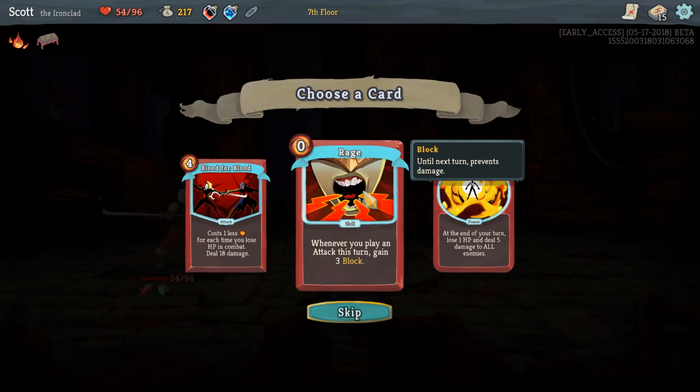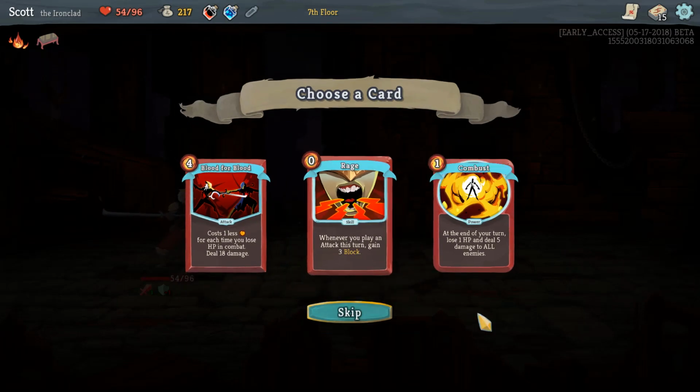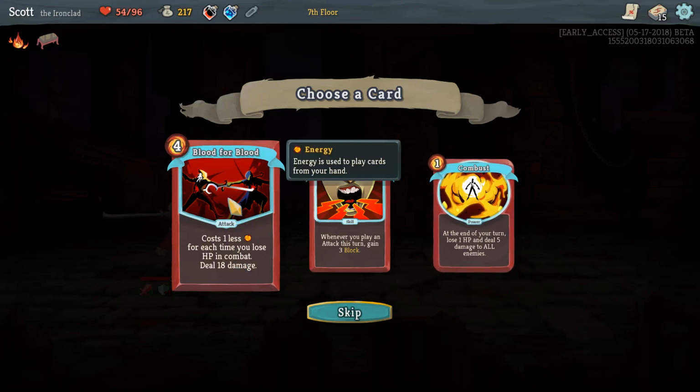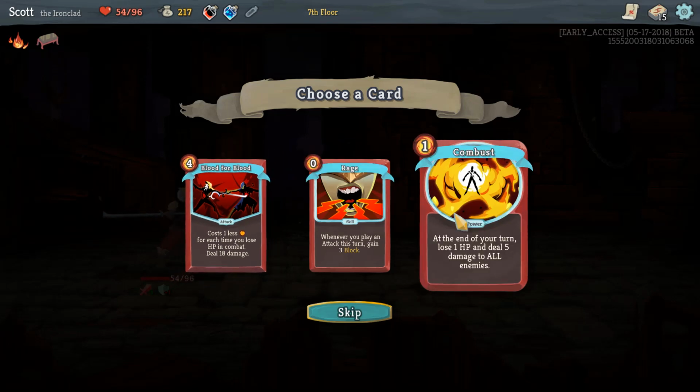Rage, whenever you play an attack, gain 3 block. This is really good. I like this a lot. At the end of your turn, you lose a point of health, but you do 5 damage to all of your enemies. This is a power, so once you play it, it lasts for the rest of the combat. And this lets you hit really hard, and it costs less for each time you are hit in combat. Let's grab...